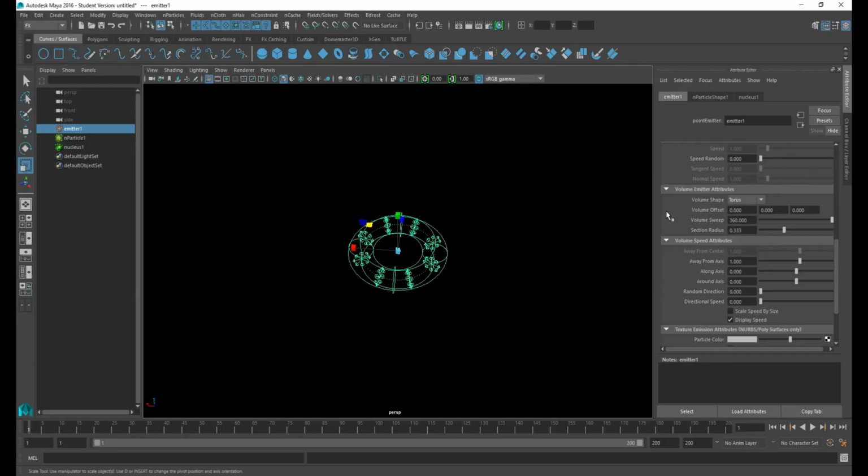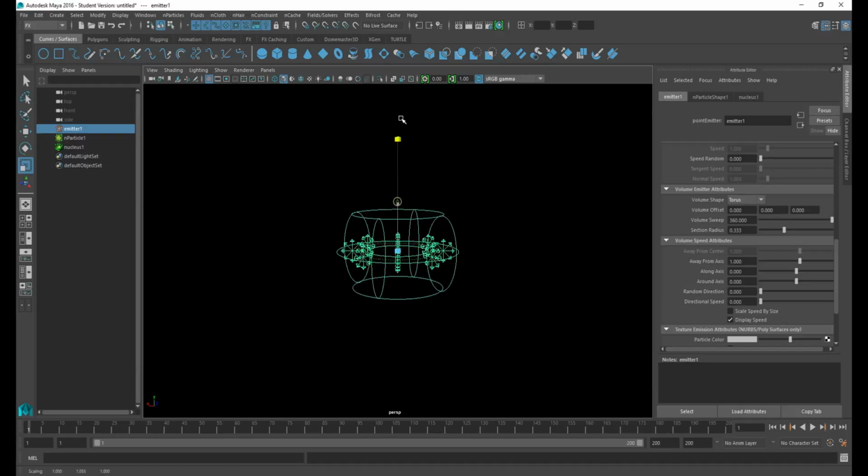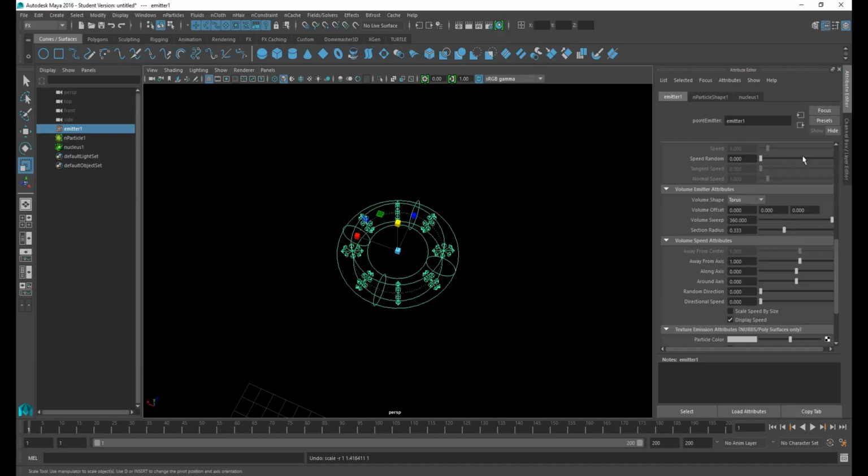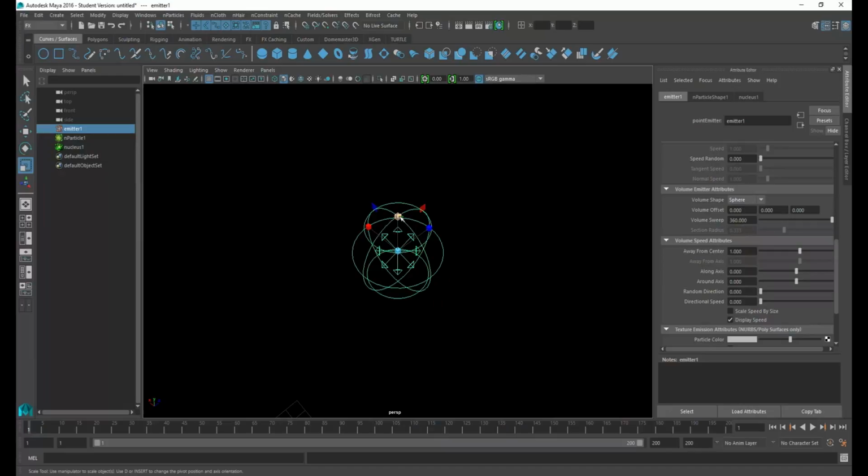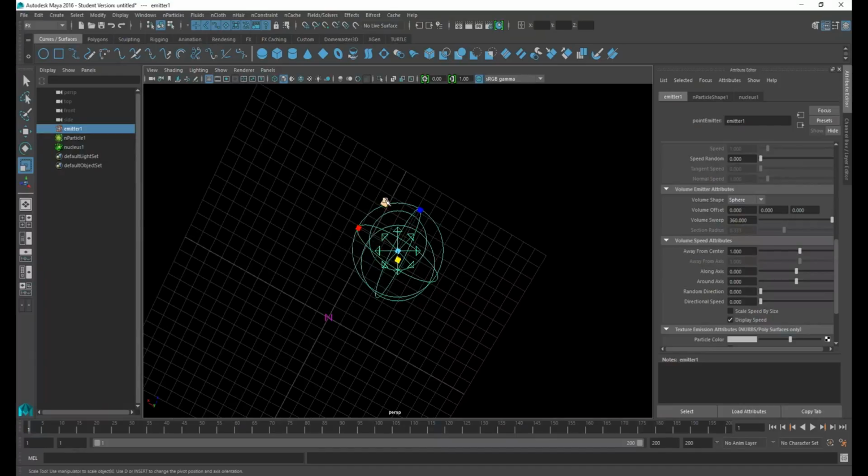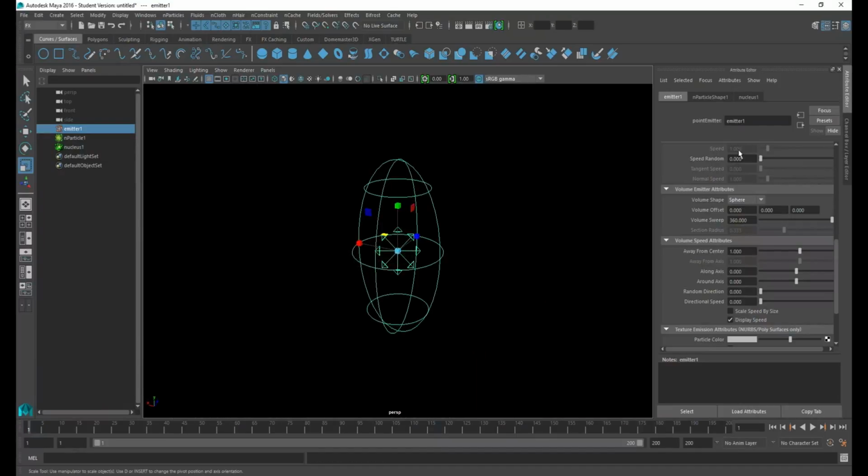So that's just primarily for the torus. However, what you can do is you can scale these, including the torus, in any direction you so choose at any time. So it's really, really versatile. I enjoy this the most, probably out of any of the emitters. So yeah,